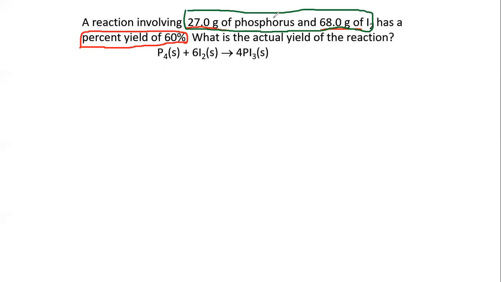From the mass of phosphorus and mass of I2, we need to determine the limiting reagent, and we need to determine the theoretical yield. So before we begin, again, the equation is balanced. We're going to need some molar masses. Molar mass of phosphorus, 31 grams. Molar mass of I2,